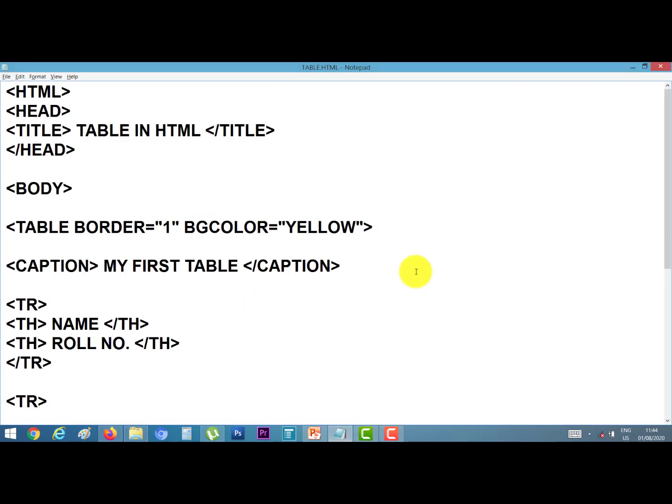Our next attribute is cell padding and cell spacing. I give here cell padding equal to inverted comma start.